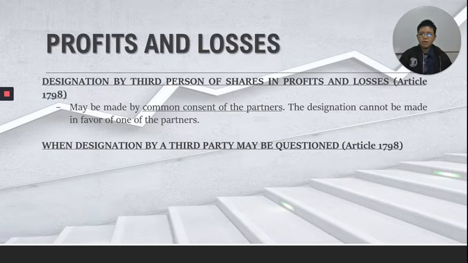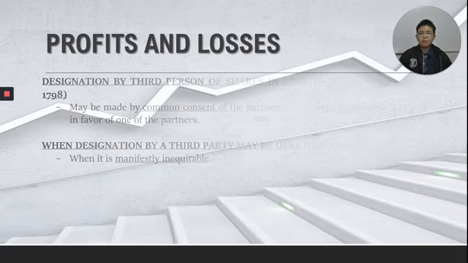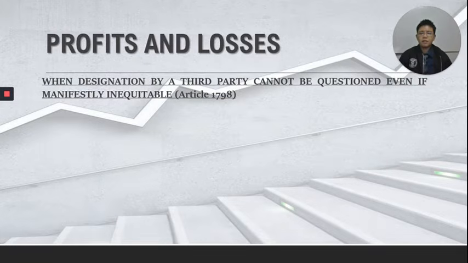So anyway, also, obviously, if a third person designates yung sharing in the profits and losses, it may be questioned by the partners, or ang ginamit ng term ng law is impugned. So, if it is manifestly inequitable, very obvious that the profits and loss sharing is unfair, remember class that the partners may question it,